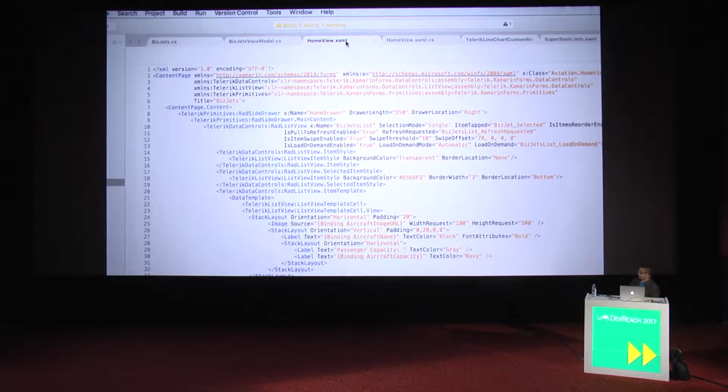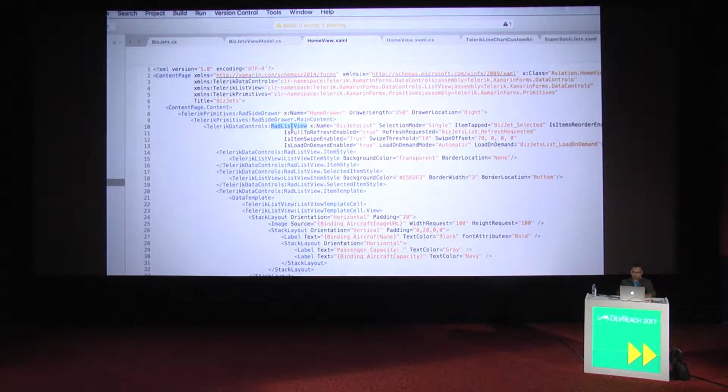And then in my view, this is XAML that you're looking at. This is the exact same XAML that you will write for other XAML platforms. There are some subtle differences, but it is XAML. It looks a little busy, but there is not much going on. I am using some Telerik UI controls, which we'll talk about, but you get a generic list view from Xamarin